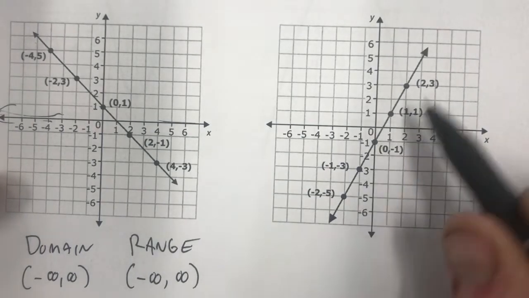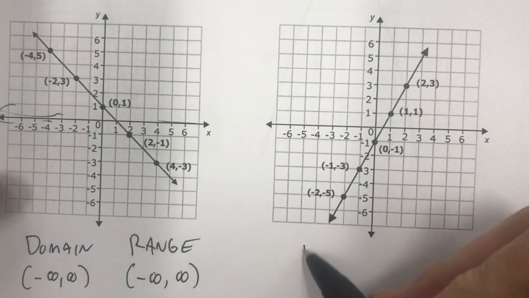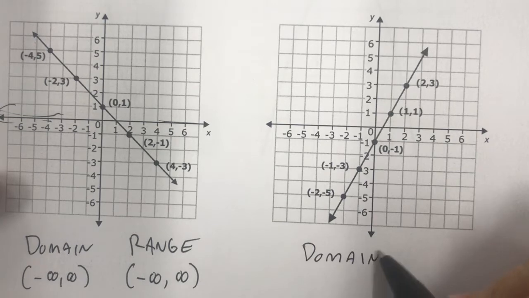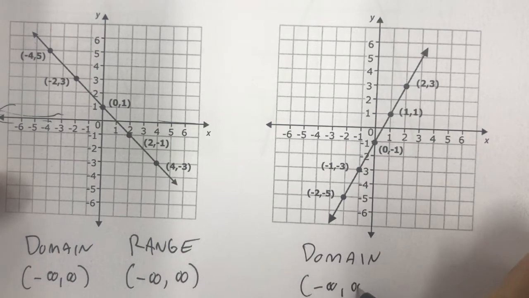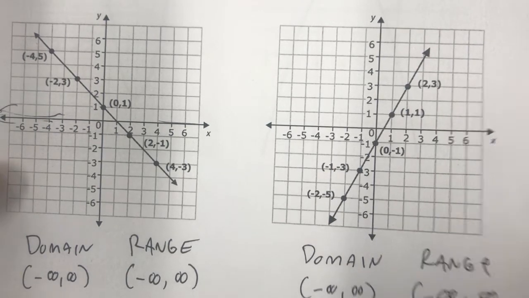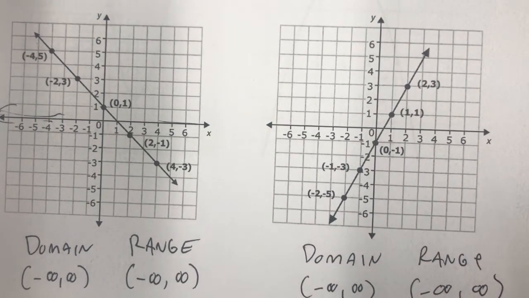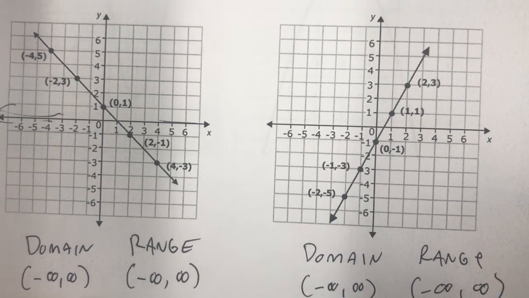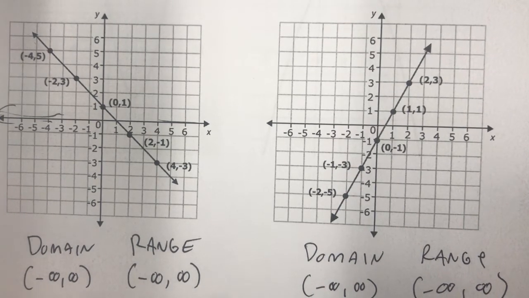So same thing on the range here. Now, if you have this positive slope one, well, guess what? My domain is the same thing. My range, you guessed it, same thing. All right, so what that tells us here, when we have a line, any linear function, my domain and range is going to be negative infinity to positive infinity. My domain and range both,